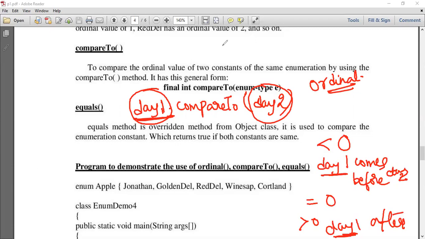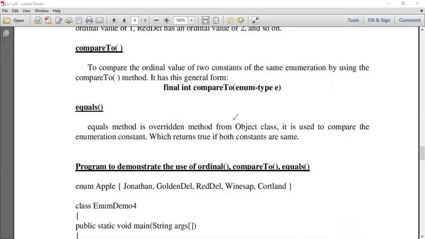Then the equals method. The equals method will compare whether the two objects of enumeration type are the same or not. Now, if you observe, there is a difference between the compareTo function and the equals method. In equals, we are comparing the enumerator objects, whereas in compareTo, we are comparing the ordinal values.